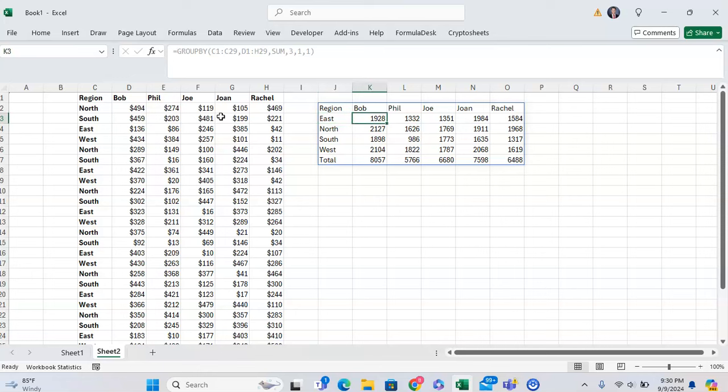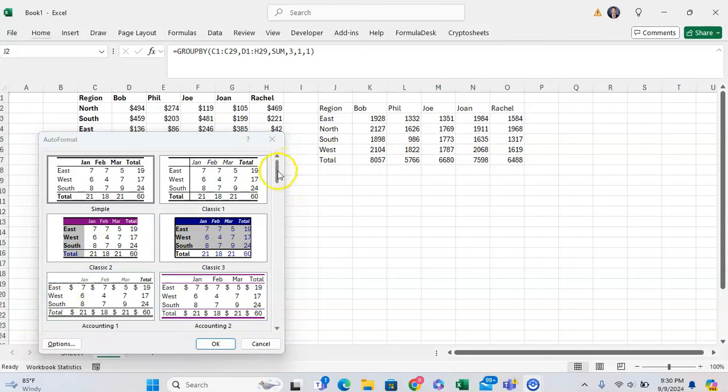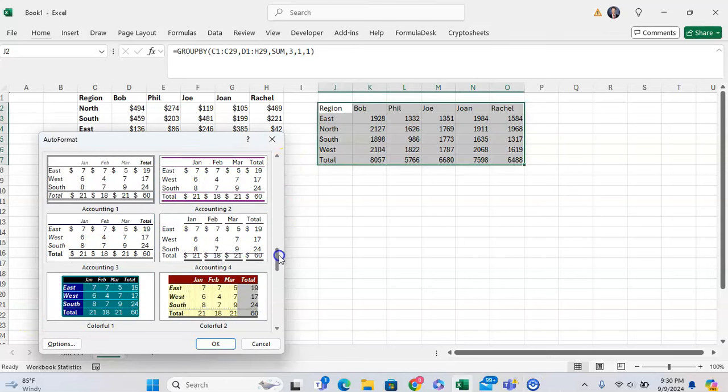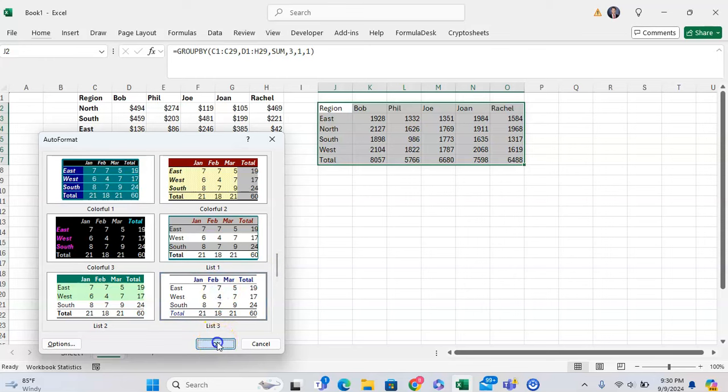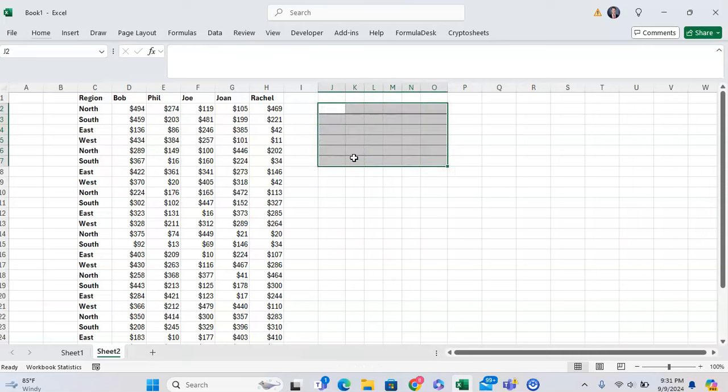And let's just say you wanted to quickly format this. You can press Alt-O-A, format your table, and pick a formatting, like so. But to show you how quickly this can be done, if you just want to make a brief summary table, like so,